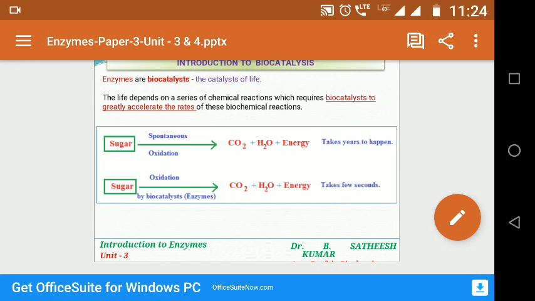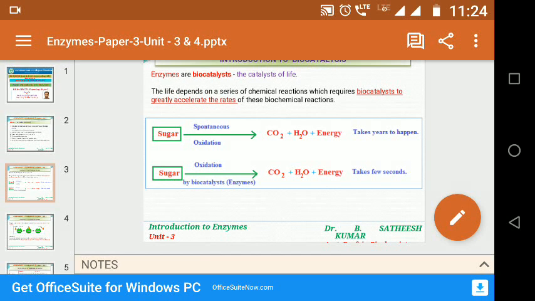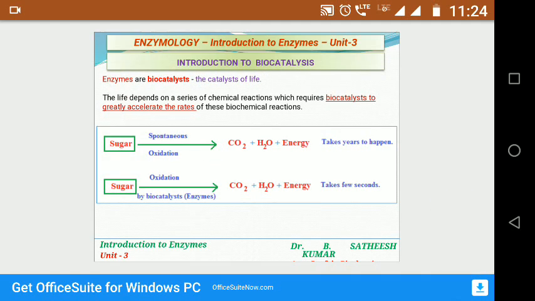Let us see one example of a normal reaction that takes place outside the cell and inside the cell, in the absence of enzyme and presence of the enzyme. In this example, if you take a sugar bag, that is actually an organic molecule, an organic compound. Sugar should be easily converted to carbon dioxide and water, and should release energy as well, because